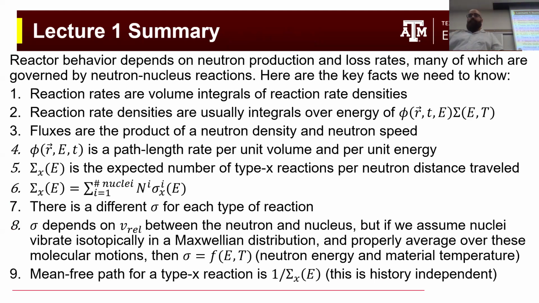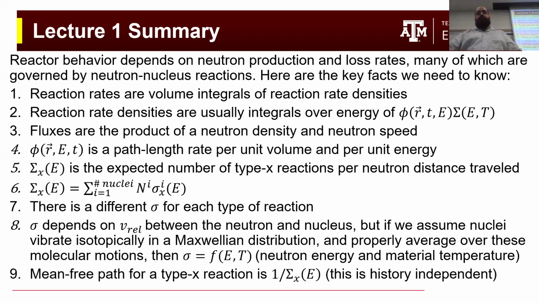And so basically that covers the end of our lecture one material, and this is just a summary of everything that we talked about in lecture one. Fundamentally, we're concerned about nuclear engineering and reactor analysis. To understand what reactors are doing, we have to know what neutrons do when they interact with stuff. And that means we need to know about neutron-nucleus interactions, and we need to know about computing reaction rates. So in lecture one, we covered all of the fundamental information that we need to start doing those